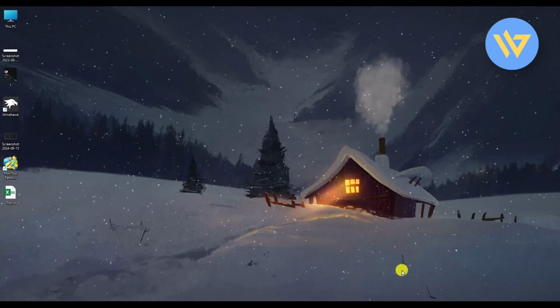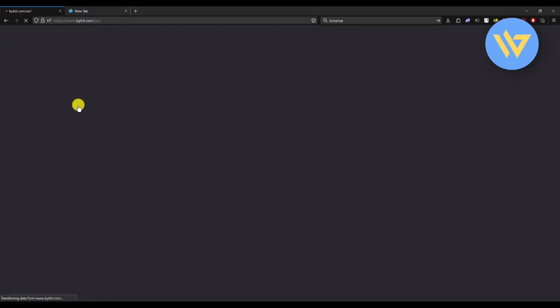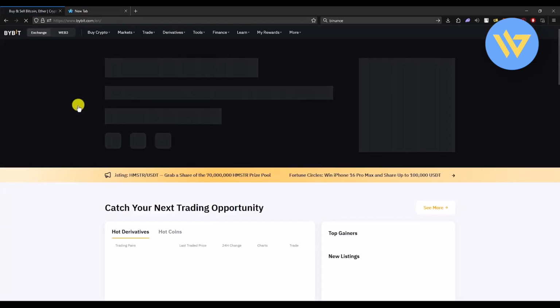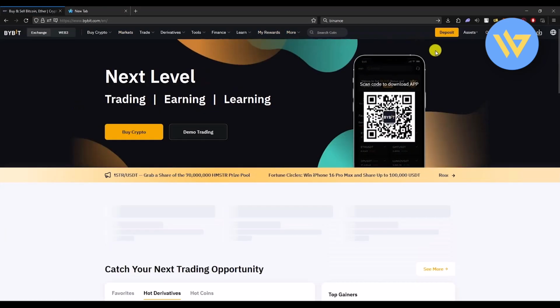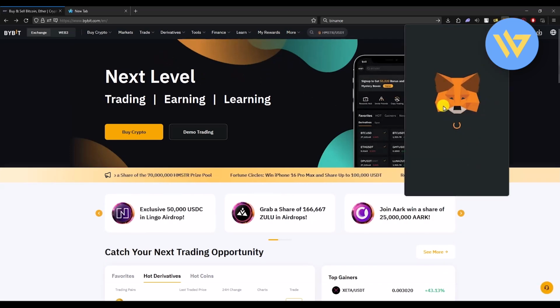So what you have to do is, firstly open your browser, then open Bybit, then make sure to open the first link right over here and log into your account. Once you do that, just simply open your Metamask, and right over here just simply copy